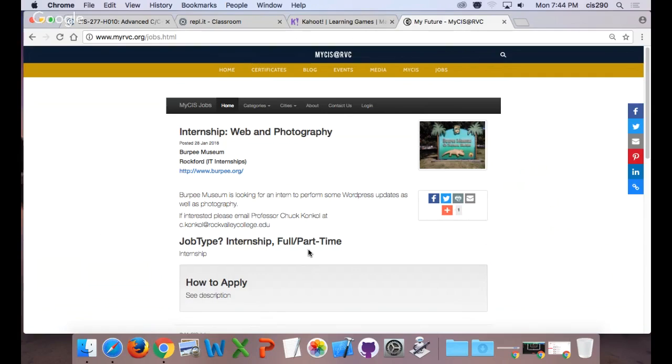iOS is really the only one right now. The iPhone is the only device that does augmented reality within the device itself. So she's looking at partnering. She's already partnering with a local company called Trek Design to do an augmented reality tour within Burpee. So you'd be a part of that whole process, which I think would be pretty cool. It's the only one in the nation that's doing augmented reality in a museum of that type.